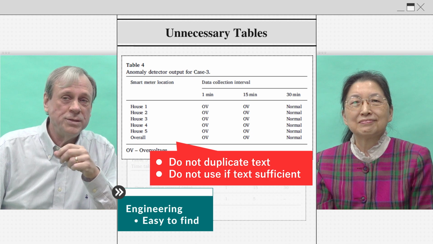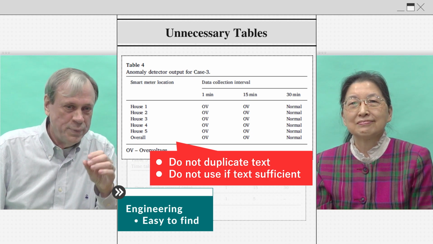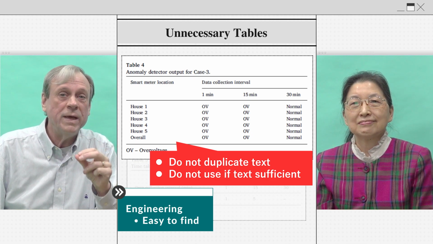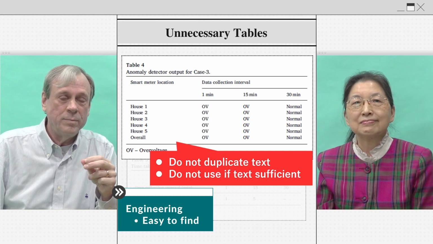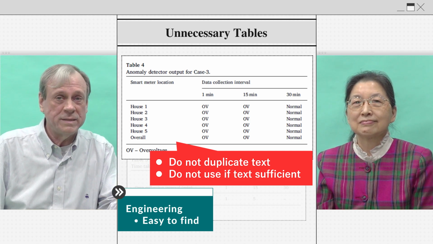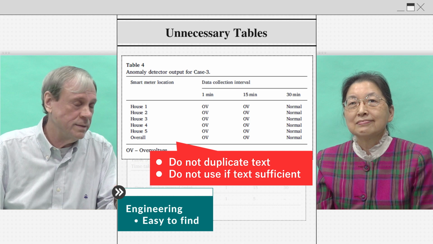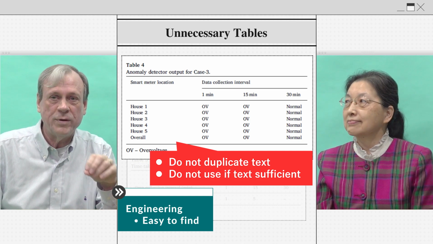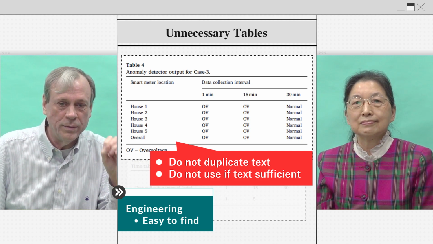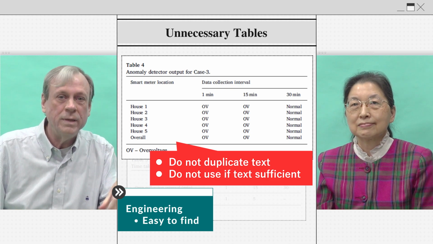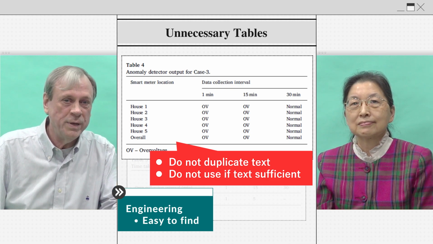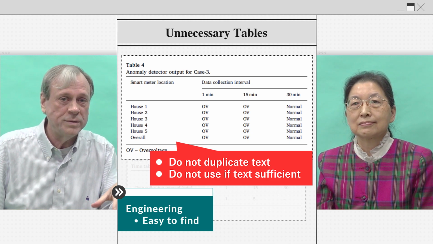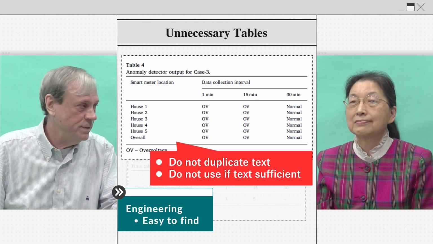Right. And in engineering also, people will use tables like this to make it easy to find. Because if you have to read the whole text, people will miss a lot of things. Whereas they can skim very quickly from one table to another, look at it very quickly and get the big picture, and then know if they want to read for the greater detail. So again, in the next video, the last one in this unit, we'll be looking at how to improve figures.